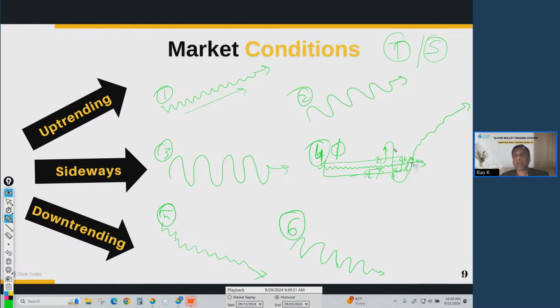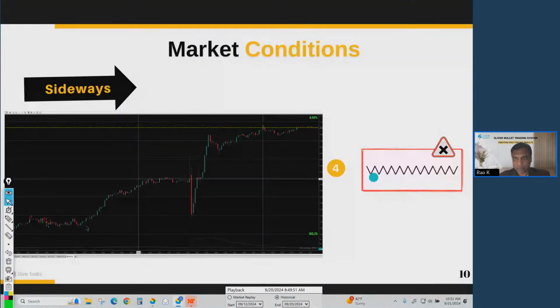Now, this is a cleaner picture, so it's important that you recognize when the market is flat and avoid this kind of market. Now, to give you an example of how this market looks, this flat market number 4, which you must avoid, especially when you are new. This is a chart. I don't know what instrument it is. Most likely it is NASDAQ.